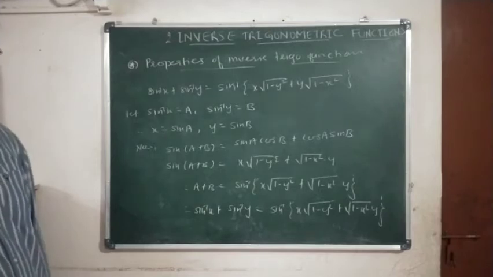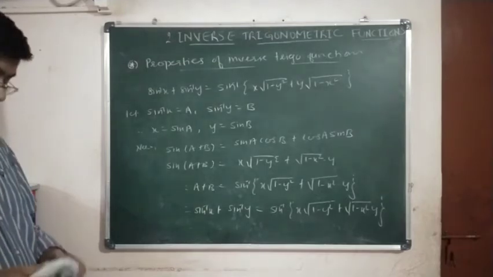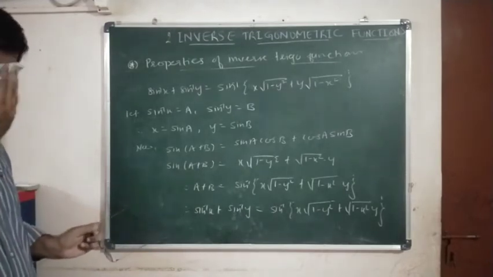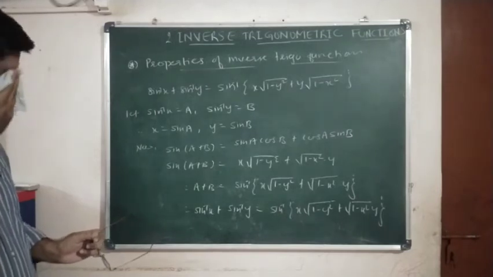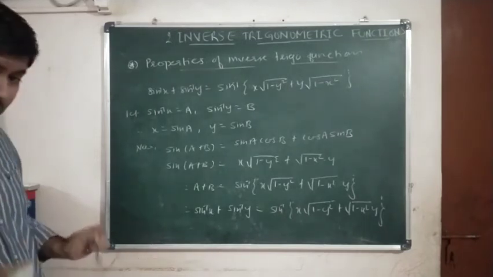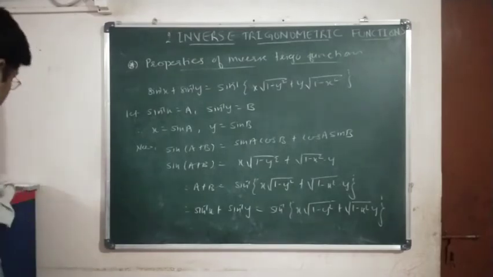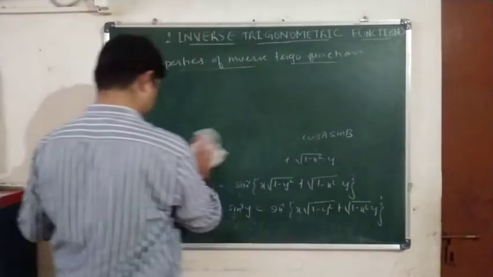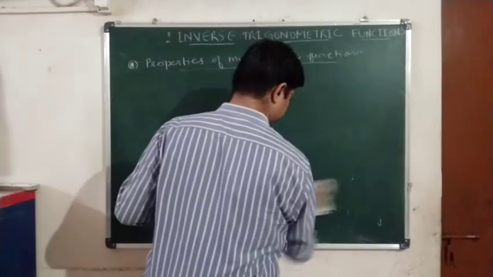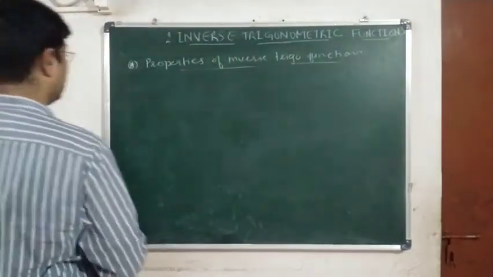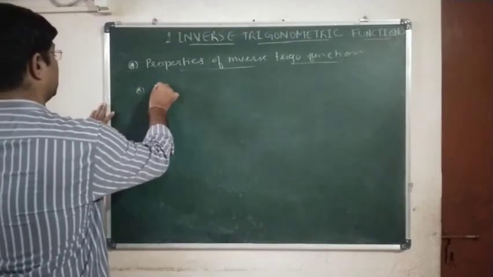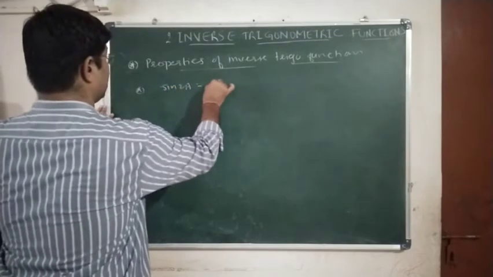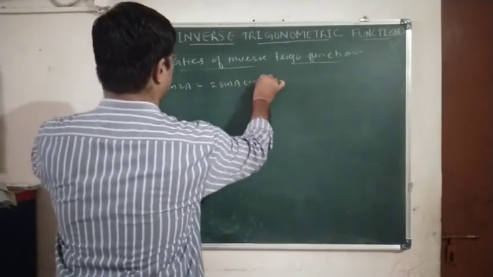So we are done with these properties. Now a few more properties are there. Actually, on the basis of trigonometric formulas only, all these properties we can derive. So you have so many formulas and accordingly you can derive the properties. For example, we have a formula for sin 2a. Yes or no? It is 2 sin a into cos a.